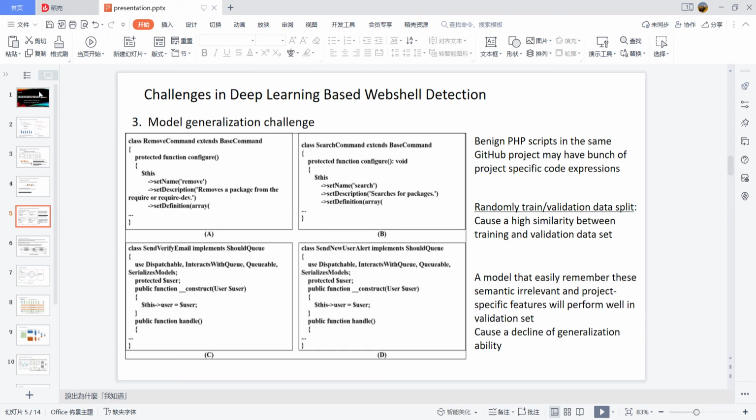Take these four PHP scripts in Figure 1, for instance. Scripts A and B both belong to a high-ranking GitHub PHP project, and scripts C and D belong to another high-ranking GitHub PHP project. It is shown that project-specific class names and code styles do exist between A and B, which is the same situation between C and D. In the random data splitting method, if A and C are chosen for the training dataset, while B and D go to the validation dataset,